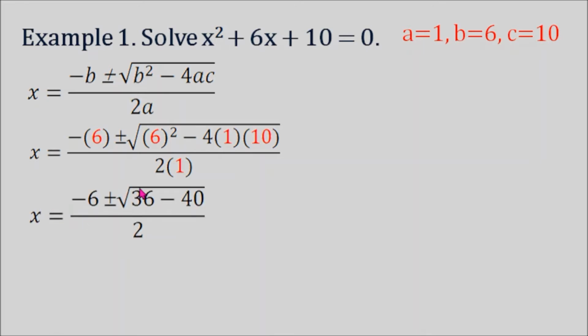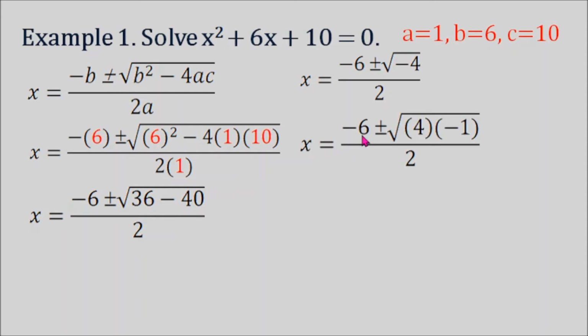Now simplifying furthermore, this is what we get. Negative 6 plus and minus 6 squared is 36. Negative 4 times 1 times 10 is negative 40. Then all over 2 times 1, which is 2. Now 36 minus 40 is negative 4. So what we have under the square root sign is negative 4. So we are going to factor this negative 4 in such a way that one of the factors is negative 1. So we have x equals negative 6 plus and minus square root of 4 times negative 1 all over